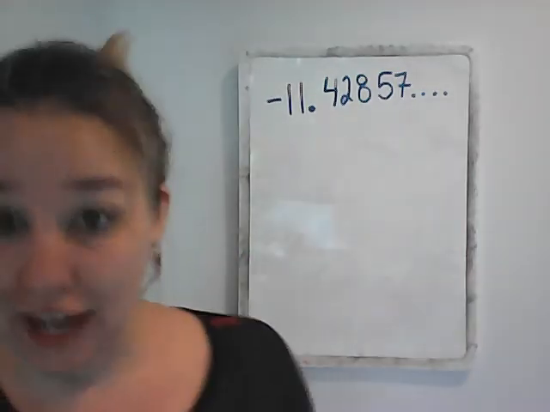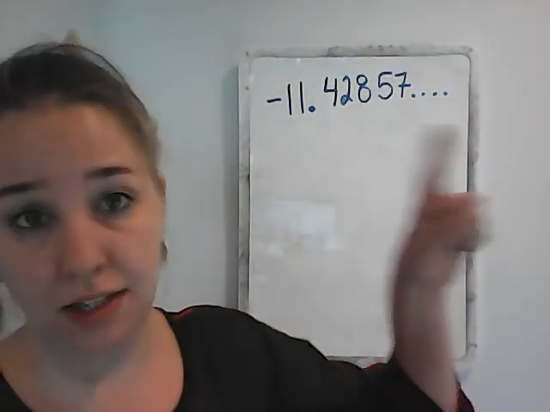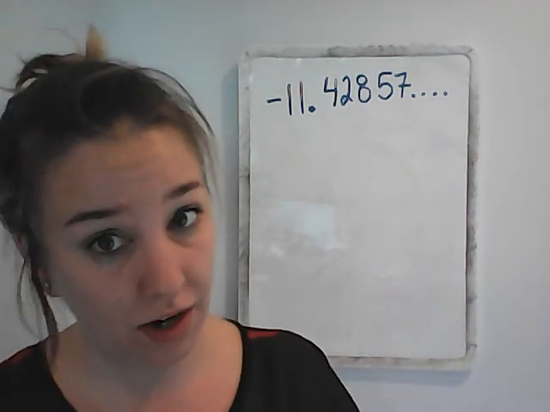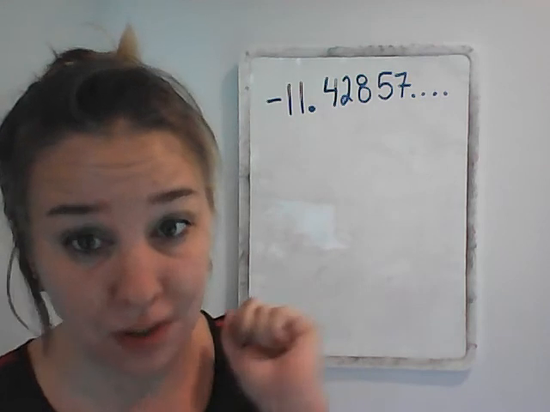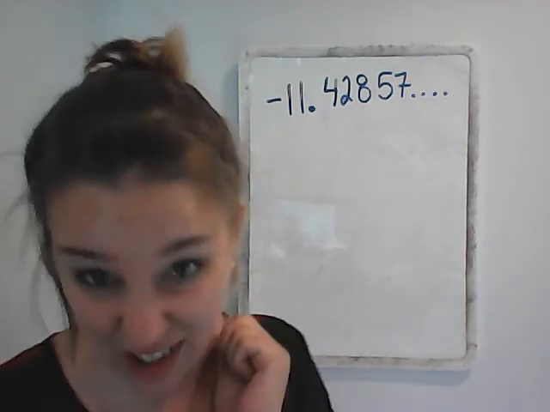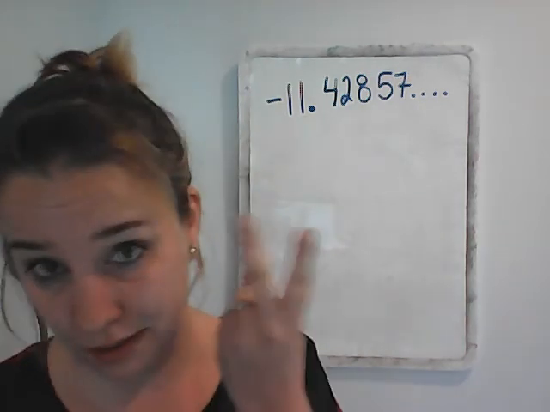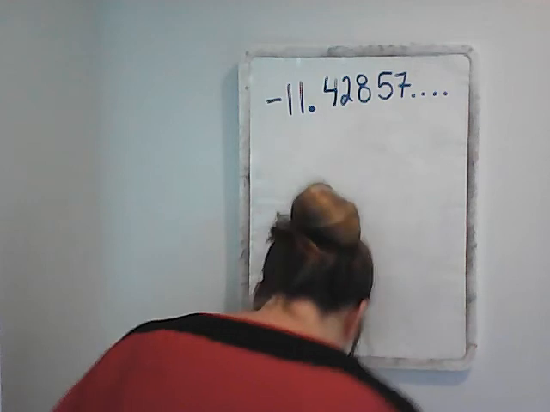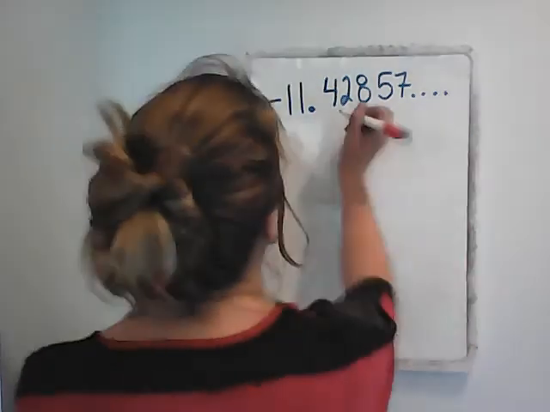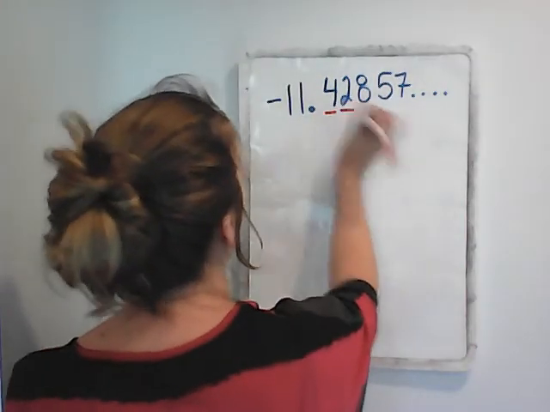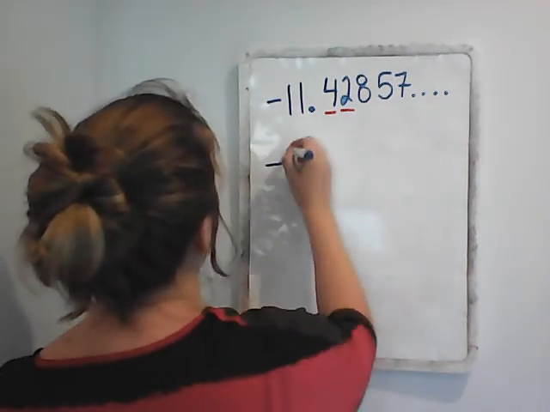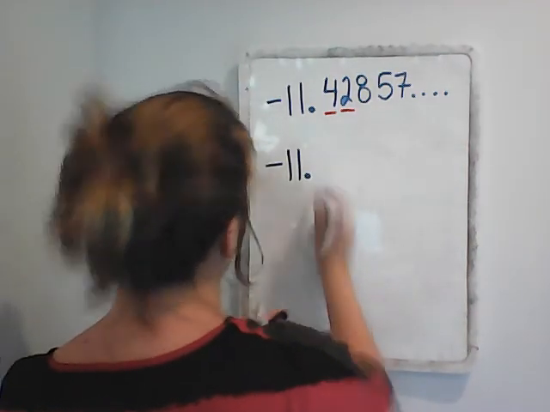Okay, so the answer to this last question was this, and it kept going forever, right? But when we enter our answers into our Edulastic assignments, we are going to round to the nearest hundredth. That means 2 decimal places. So I'm going to have 2 numbers after the decimal point in most cases. I want these 2 spaces filled. So I know my answer is going to look like this. Negative 11 point